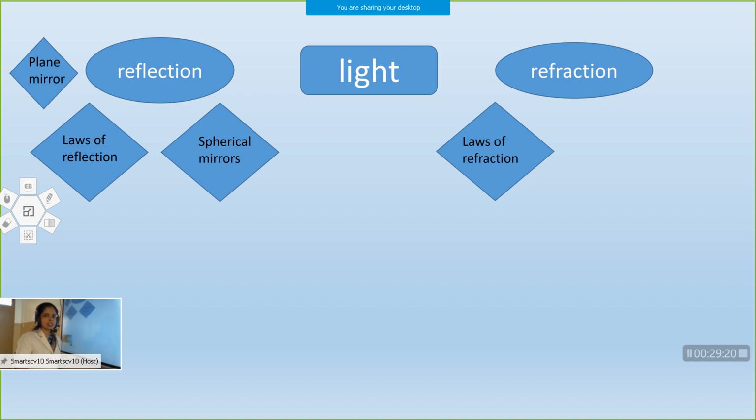First one is Snell's law, that is the ratio of sine of angle of incidence to the sine of angle of refraction is a constant, and that constant is known as refractive index. And what is refractive index? It measures the extent to which a medium can bend light. And what is the cause of refraction? The speed of light is different in different media. That is the cause of refraction.